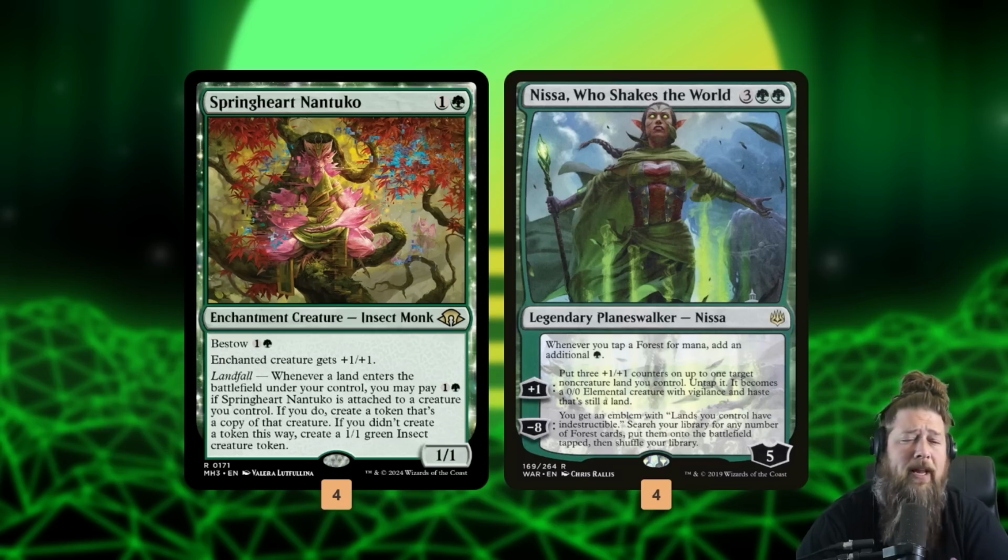preferably again a forest. So we play a forest. That's going to trigger Springheart Nantuko to say, pay 2 mana and make a copy of what I am bestowed on. So we can pay 2 mana with the land that we just played, because the land's going to tap for 2 because of Nissa, to make a copy of whatever Springheart Nantuko's on, which happens to be a land. This land is not going to have any counters on it. It's just going to be a normal land, but it's going to enter the battlefield, which will again trigger Springheart